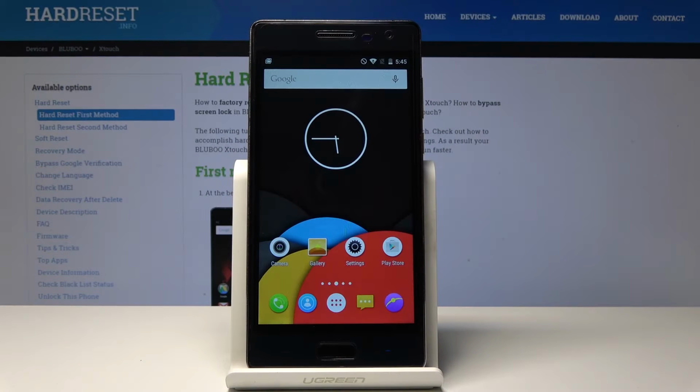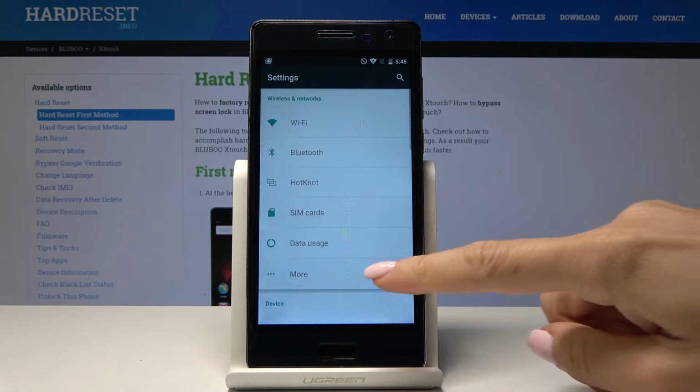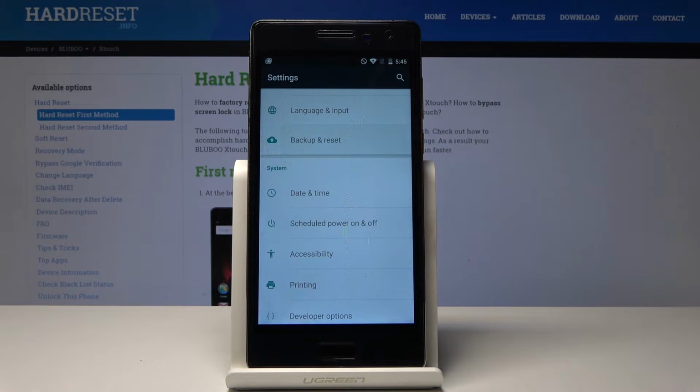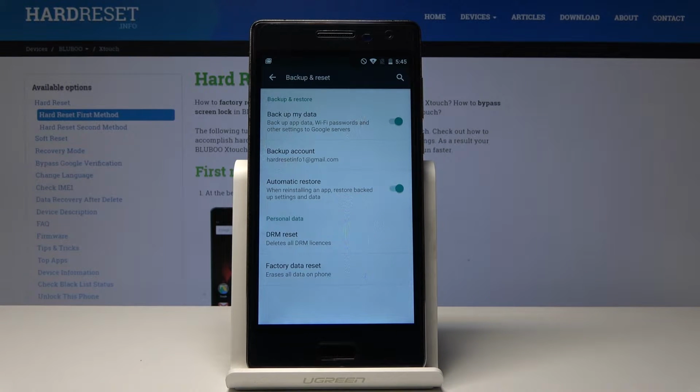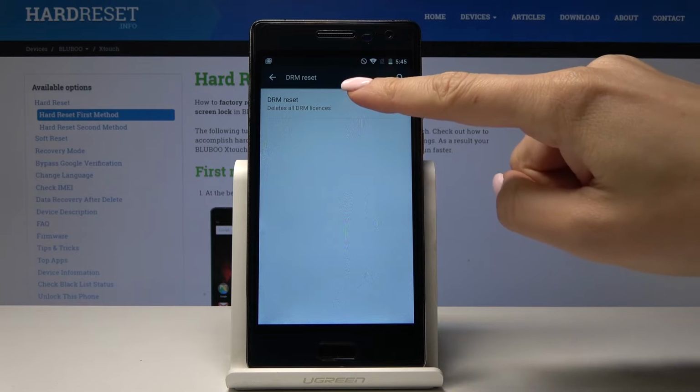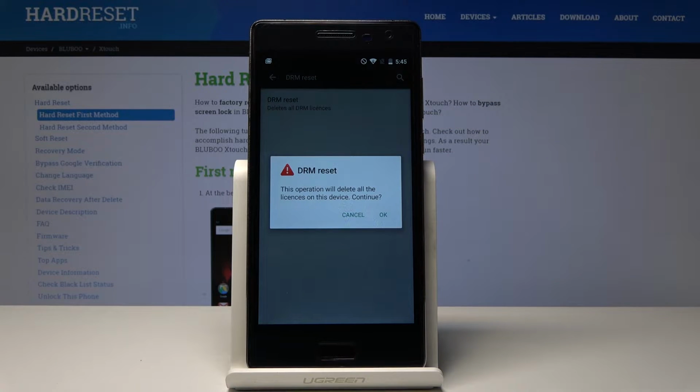Here I've got BLUBOO Xtouch, and let me show you how to reset DRM on the following device. So at the very beginning you have to open the settings, then scroll down, find and select backup and reset, and here under personal data you will notice DRM reset. So just click on it, click one more time on the DRM reset icon, and now you can confirm that